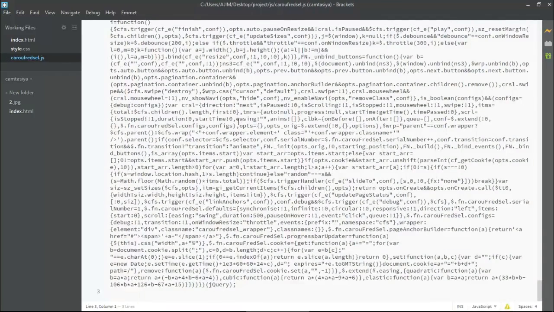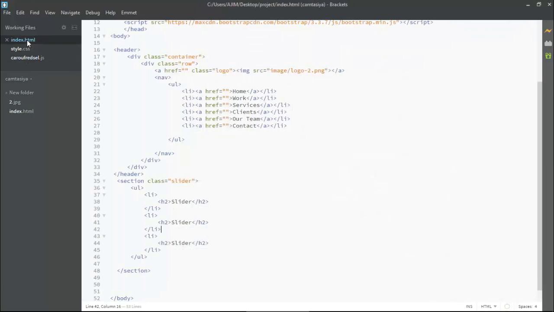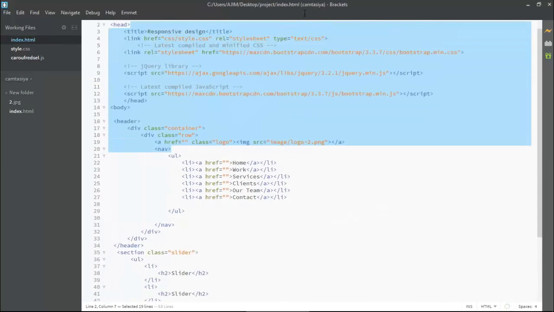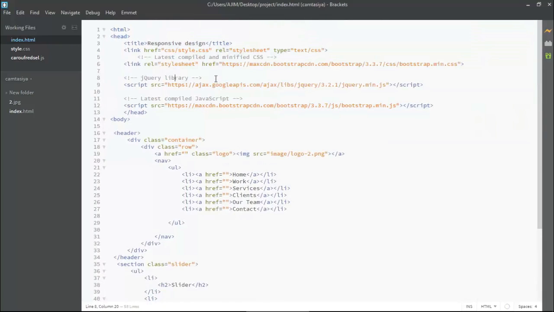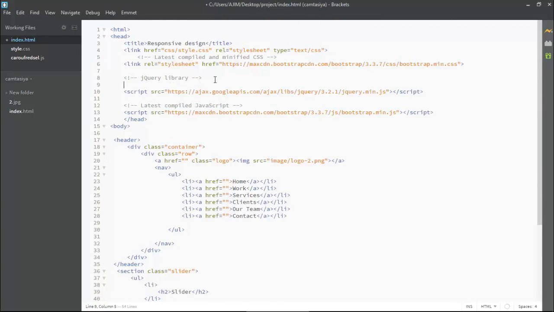Now I am saving it. Okay, so it's been saved. Now we have to link this carafredshell.js to the index page. So I'm coming to the index here and coming inside the head section, and you can see the jQuery library. So I'm coming inside this and mentioning a script, because JavaScript and the jQuery plugin are linked by mentioning a script tag. If you have CSS, then you can put a link tag, but for scripting you will have to put a script tag specifically.